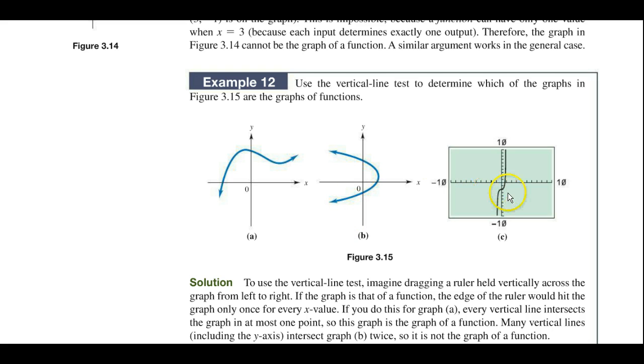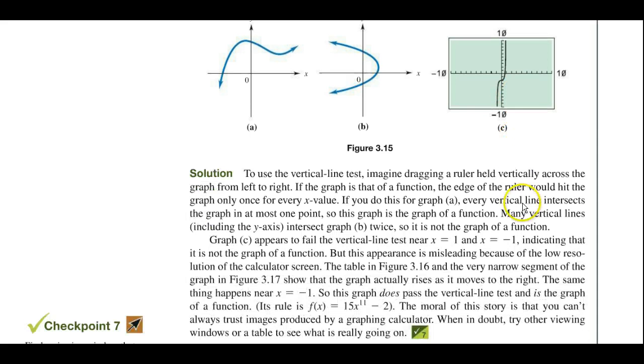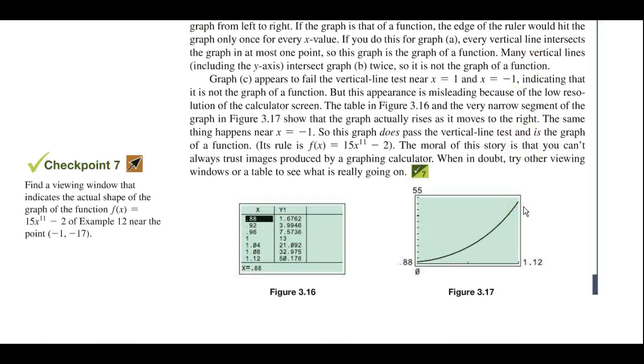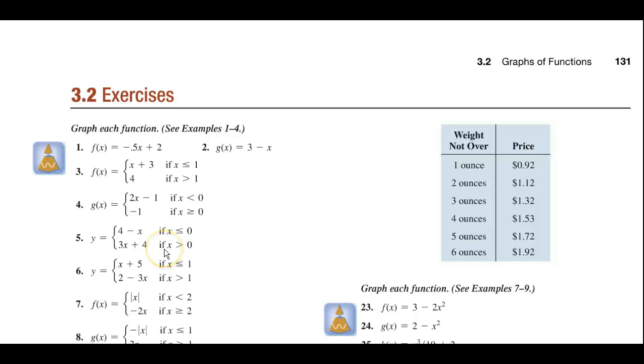Now, how about this funny shaped little line? It almost looks like these are in the same place, but eventually this goes off and this goes off. So this does pass the vertical line test. And they give you the explanation here. Now, one thing I'd like to do to wind this up is one of the graphs or the series of graphs that we've done